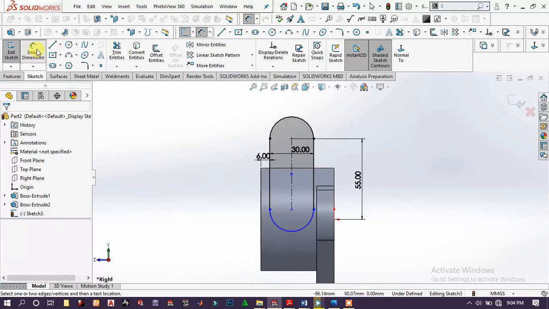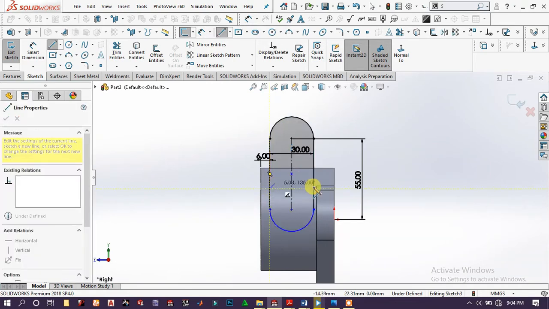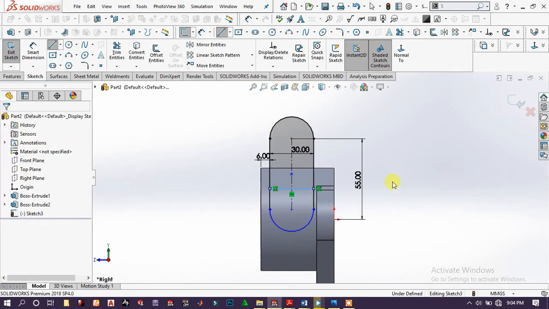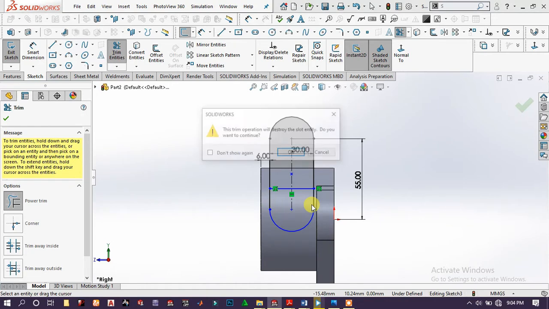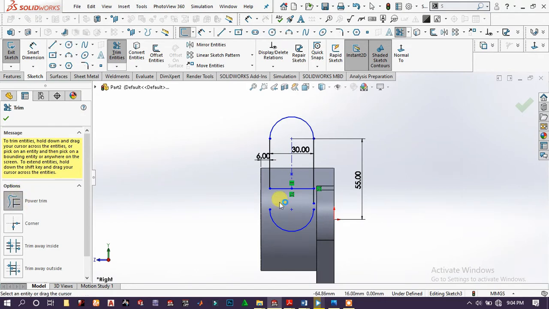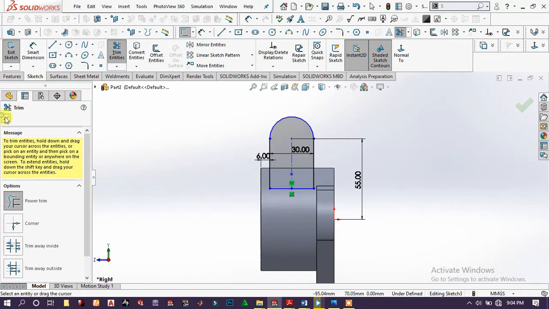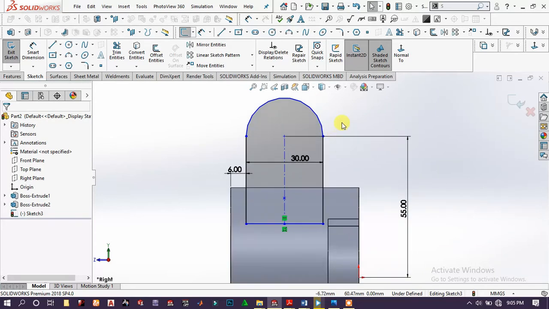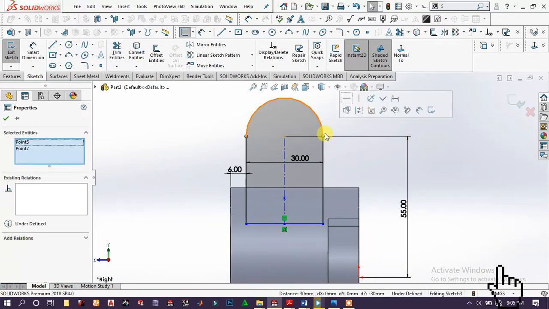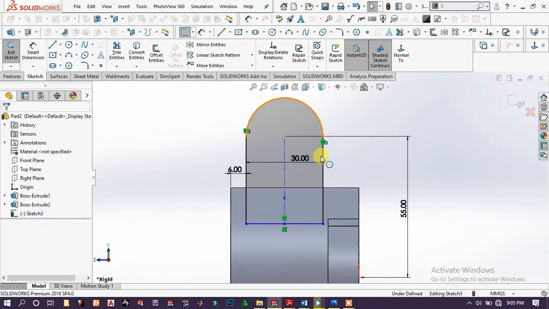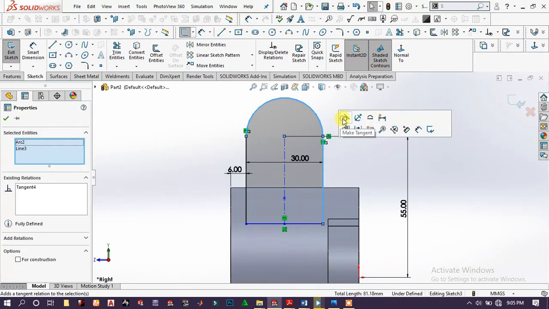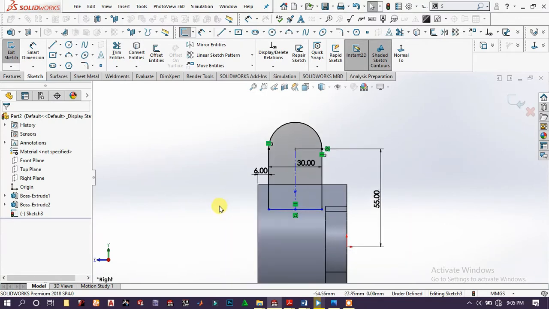Then go to line, draw a line from this to there, and right click select, trim extend, trim it, click OK, and we have to, it is not fully defined, so choose this and make some horizontal, choose this arc and this line, make it tangent. Now it is fully defined, but